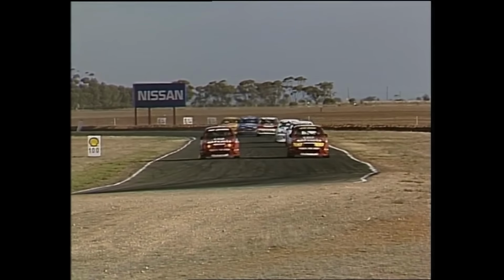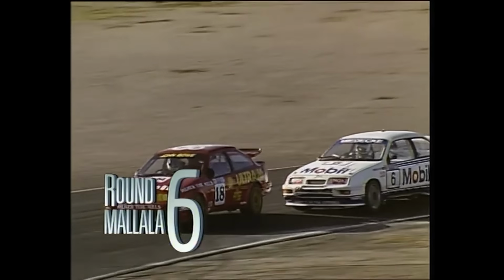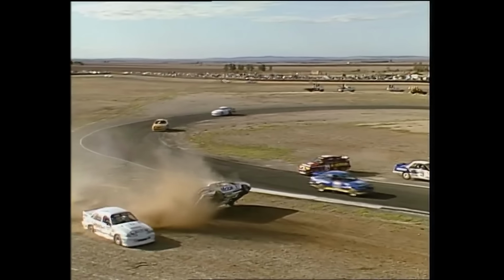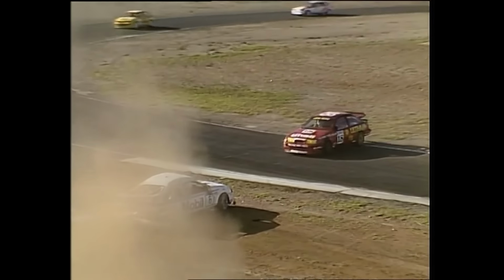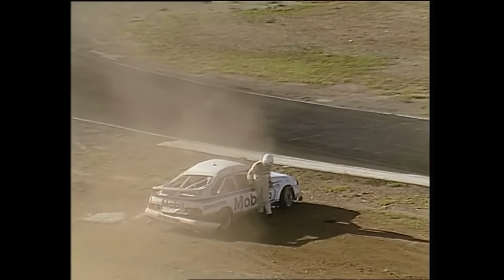There's your gap. Mark Skaife leads. Peter Brock is in second. Here's the gap back to... No, that's not third. That's Faulkner in the Toyota. There's Colin Bond. He's running third in the Celtic Sierra. A fair gap then to John Bowe, who's fourth. Dick Johnson is fifth. And then right back behind them, Andrew Madecki was running in sixth spot in the second of the Brock cars. Still is. Then followed by Larry Perkins. And Longhurst has...